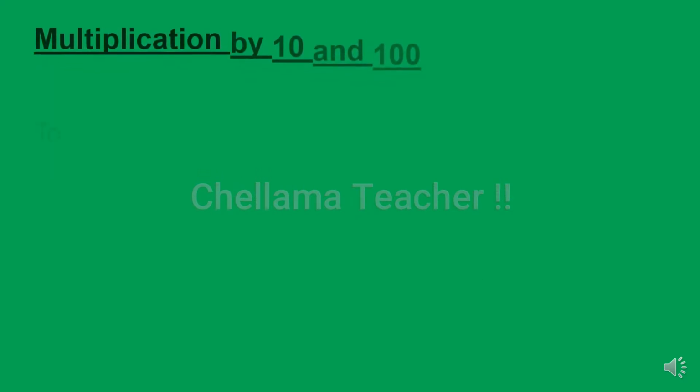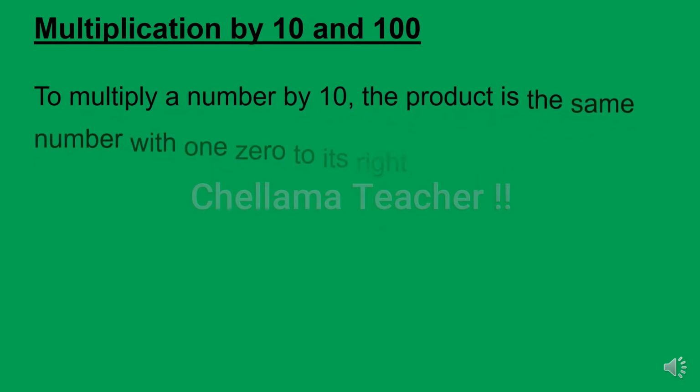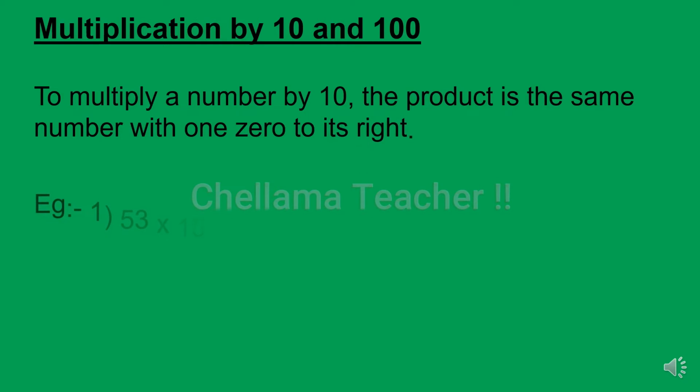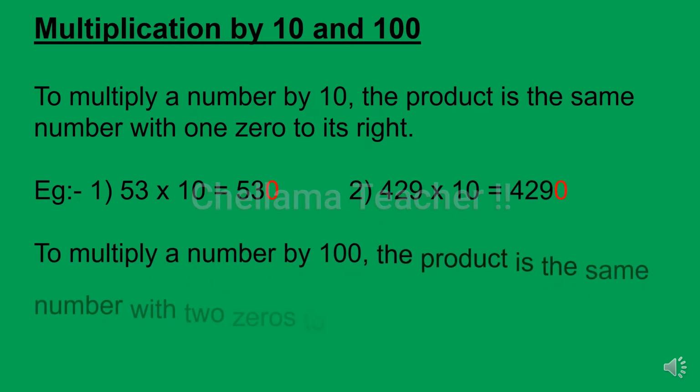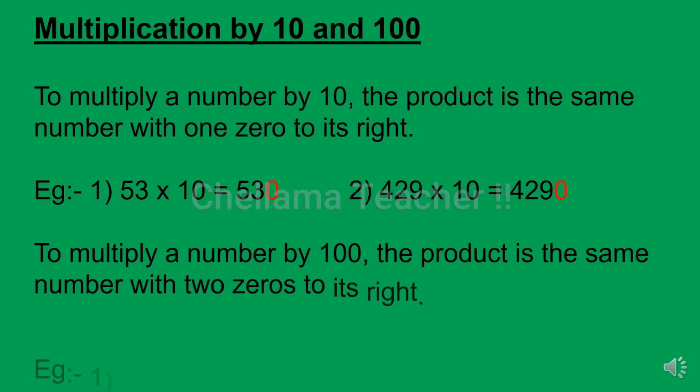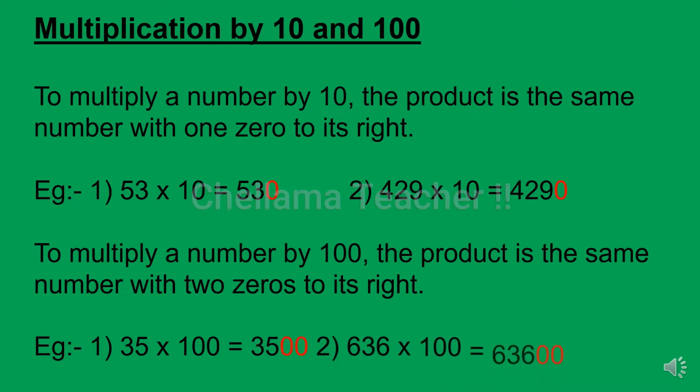Multiplication by 10 and 100. Dear children, we must use some simple methods to multiply any number by 10 and 100. To multiply a number by 10, the product is the same number with 0 to its right. For example, 53 into 10 is 53 and on its right side we write 0. Another example, 429 into 10. The answer is 429 and along with this a 0 will be added